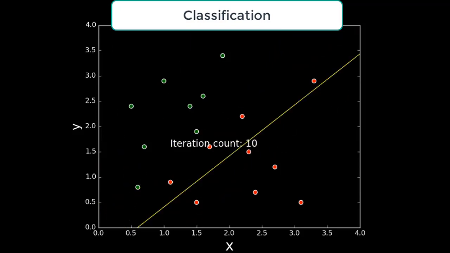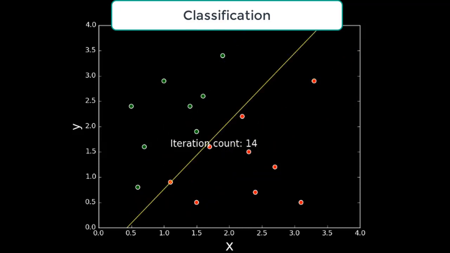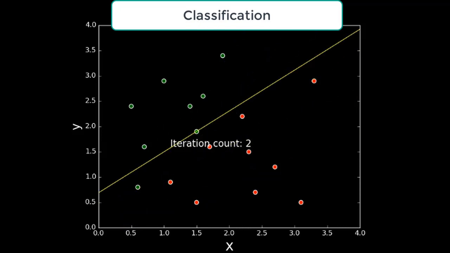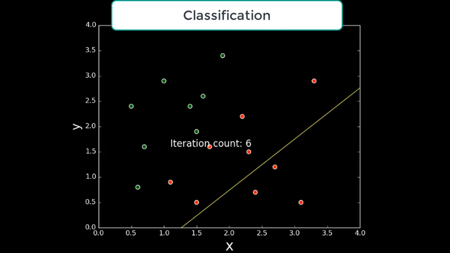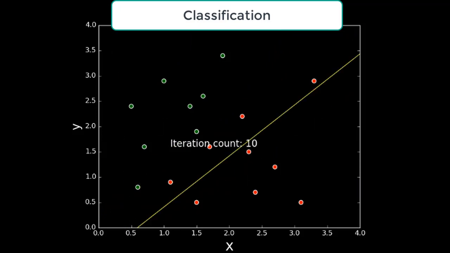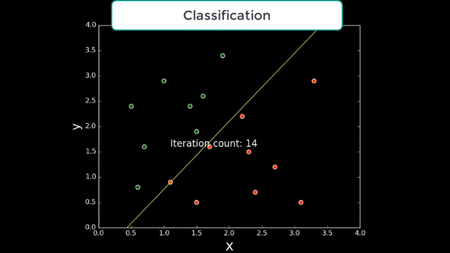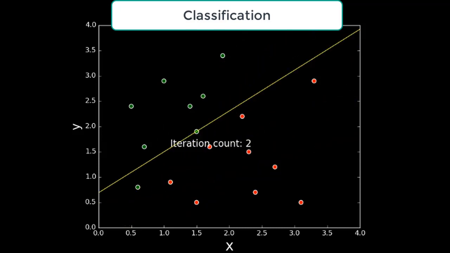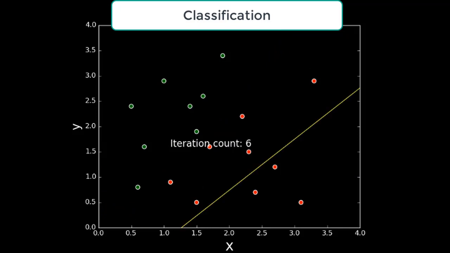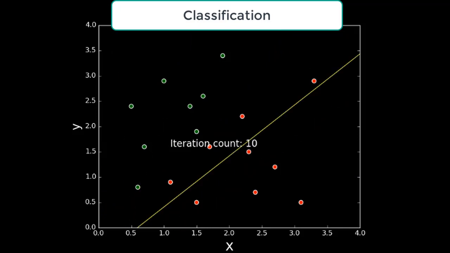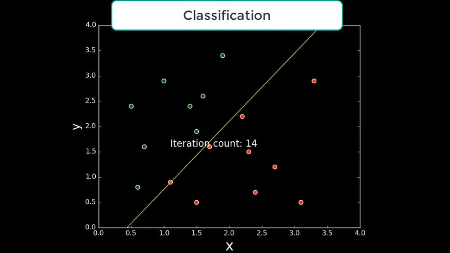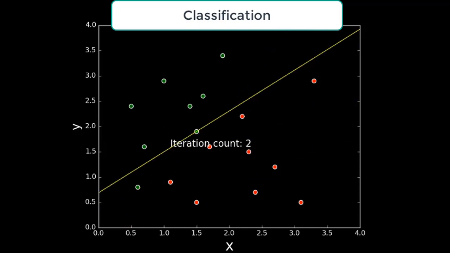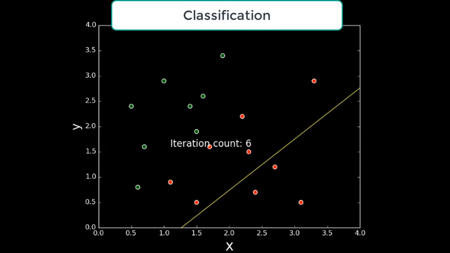Classification use cases include predicting whether a given email is spam or not spam. Given a patient's training data related to diabetes, predict whether a patient will have diabetes or not. Classification is different from regression in the sense that classification is about predicting a label like diabetes or no diabetes. However, regression is about predicting a quantity like the price of a house.